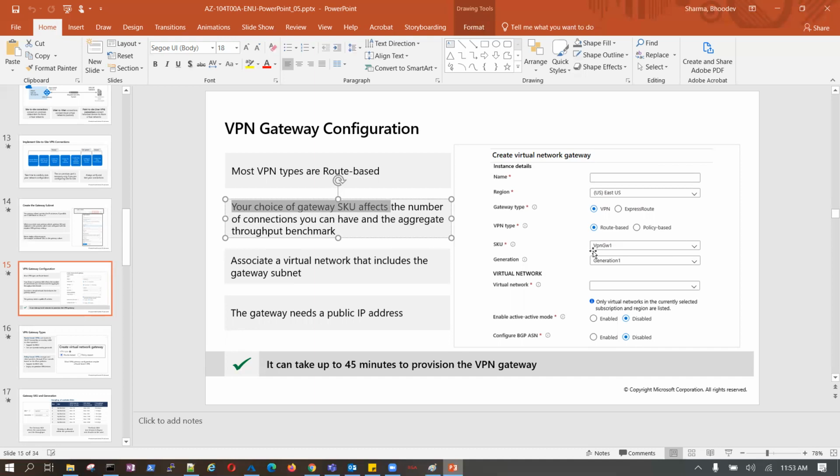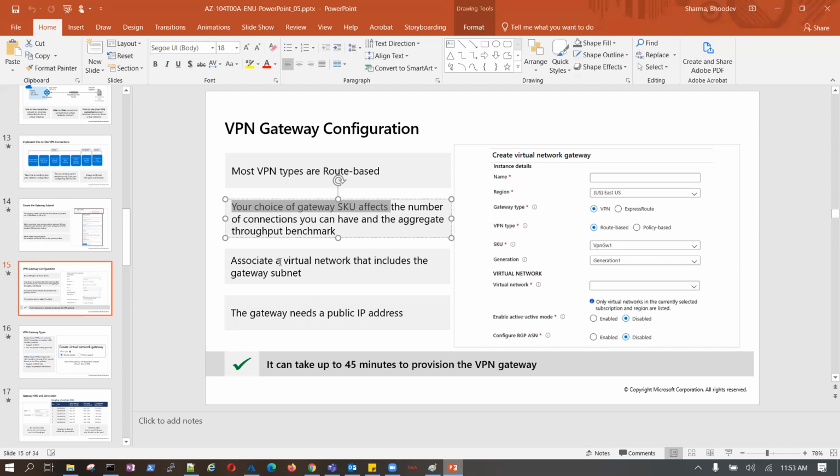Okay, this SKU means, if the VPN gateway capacity is up to 100 Mbps, it cannot handle any traffic greater than that. If we need more traffic, higher bandwidth, then go with VPN GW3 or the like. So this is the capacity for the network.